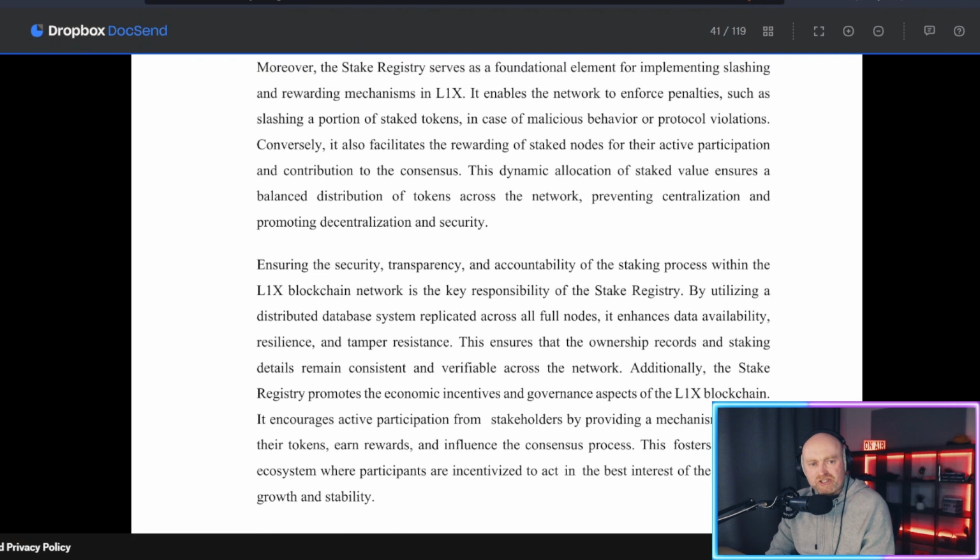Moreover, the stake registry serves as a foundational element for implementing slashing and reward mechanisms in L1X. It enables the network to enforce penalties, such as slashing a portion of staked tokens in case of malicious behavior or protocol violations. Conversely, it also facilitates the rewards of staked nodes for their active participation and contribution to the consensus. This dynamic allocation of staked value ensures a balanced distribution of tokens across the network, preventing centralization and promoting